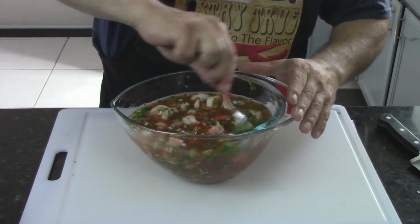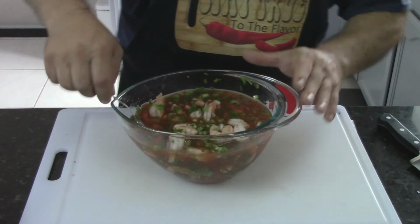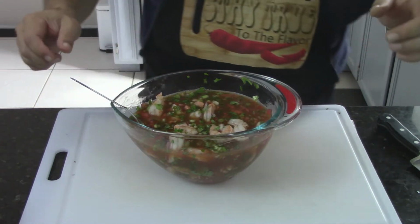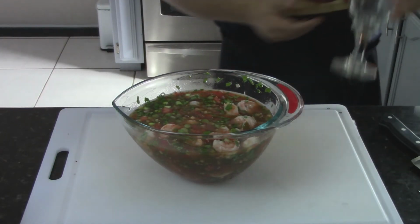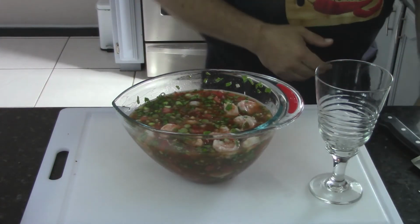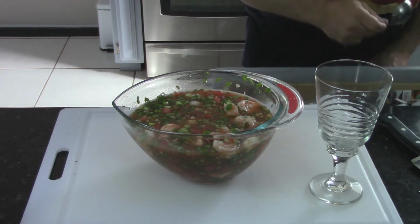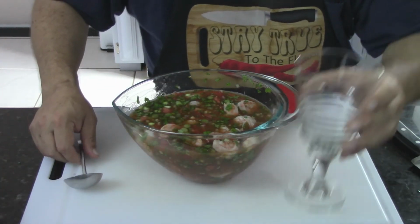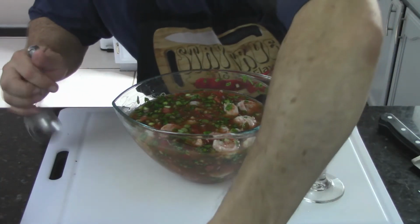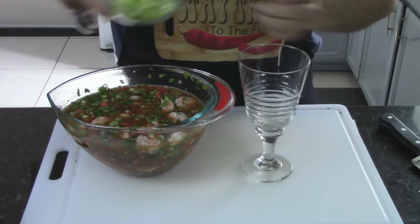Ooh. My mouth is watering, everybody. My mouth is watering right now. It's delicious. All I'm missing is my salt and my pepper. Alright, well, let's hook ourselves up. I use this little ladle right here instead of a big spoon. I'm going to go ahead and, let's see, hook it up with some